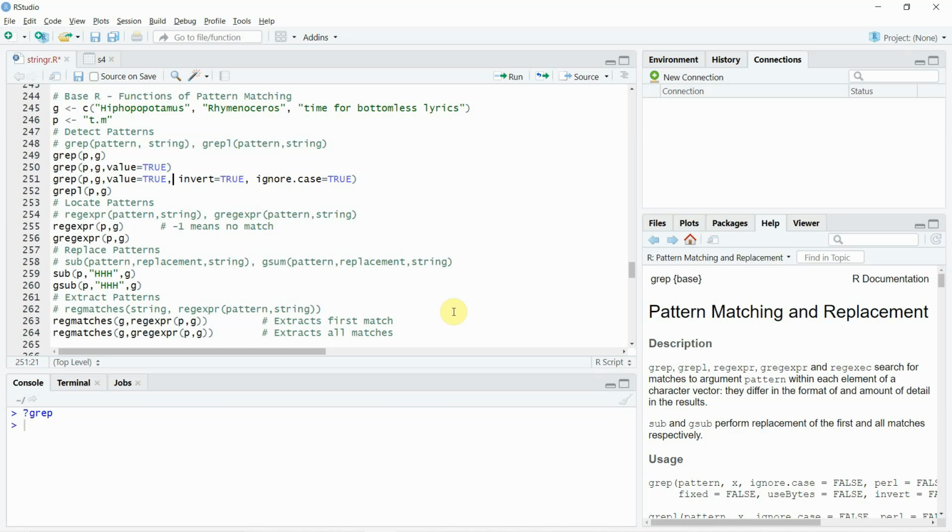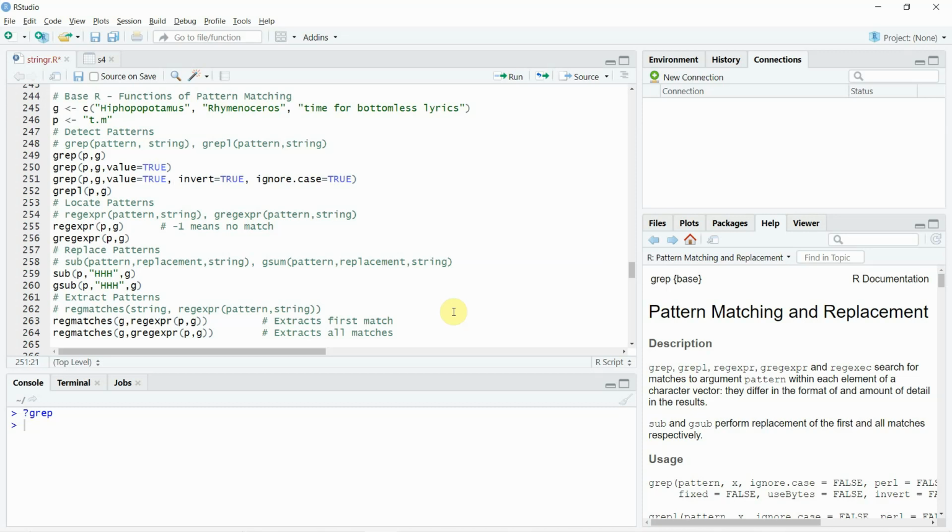Today we are going to do something interesting. In the next few videos, including this one, we are going to look at different forms of text or string manipulations. It's a very interesting aspect. I would like to show you some of the base R patterns in this video.